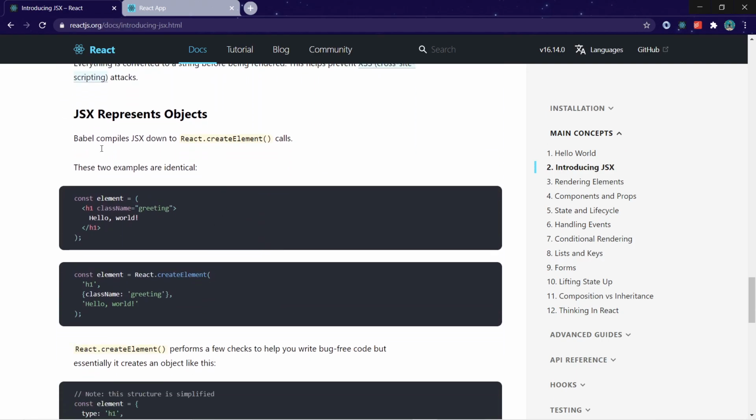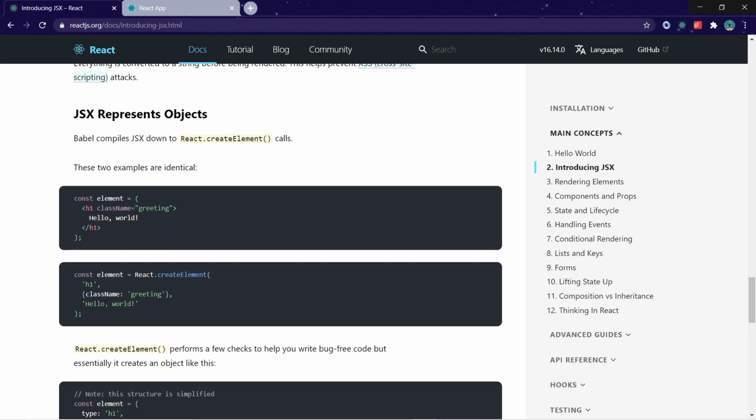Okay, so before JSX, what was the code to create elements? What was the code to create user interface? So the code was to use the createElement function of the React library. So you can see this example where they are creating the h1 tag with this text. Now if we are not using JSX, then we need to write this particular function of the React library to create this particular user interface, and you can see how complex this is.